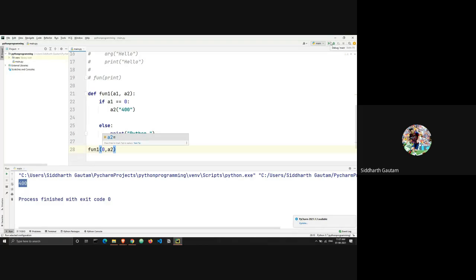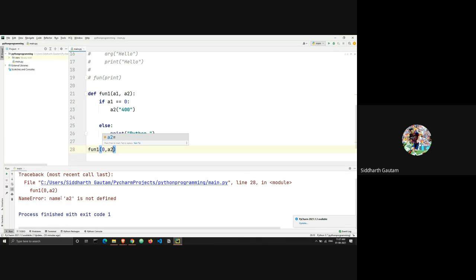We run this. It says A2 is not defined. What's happening here is you did pass the argument as A2, but we don't know what A2 is. That's the entire point: this A2 function has not been defined. So we have to do one of two things.